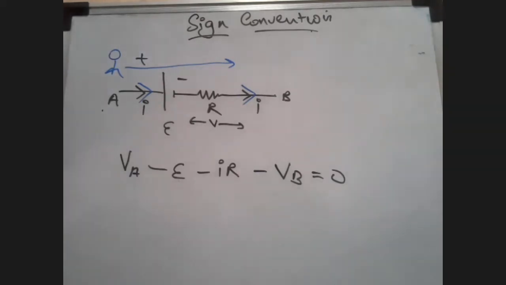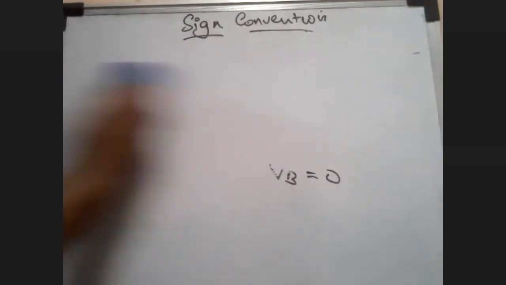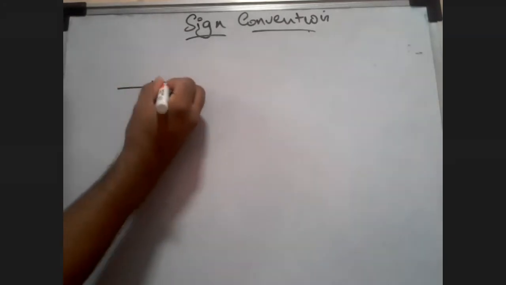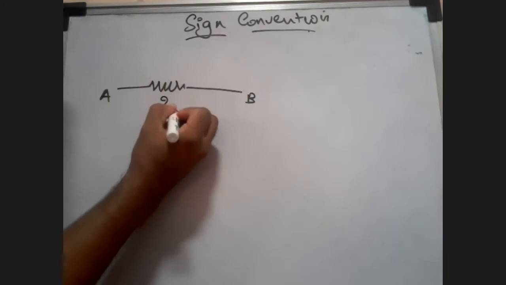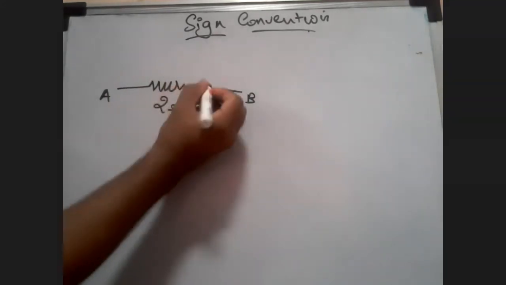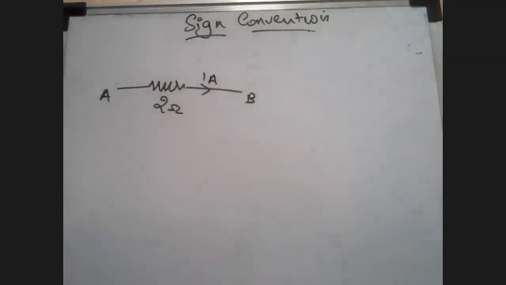Let's go to our first sum. And if you are able to respond properly, we will go to much better sums slowly. Let's say there is a resistor. There is this point A and B. The resistor's value is 2 ohms, and the direction of the current is given as 1 ampere. Let me know what is going to be the potential difference between A and B. How we write the equation is important. Tell me the equation, everyone.